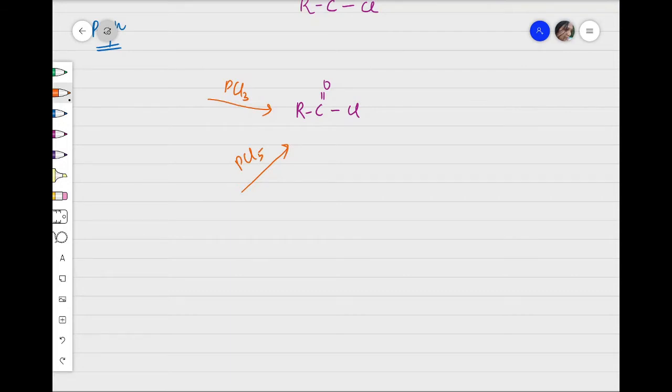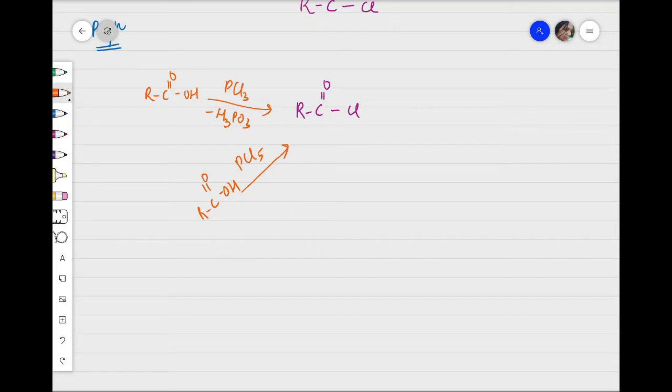The starting material is our acid. You treat it with PCl3 or PCl5. In the case of PCl3, the side product, apart from the acid chloride, will be